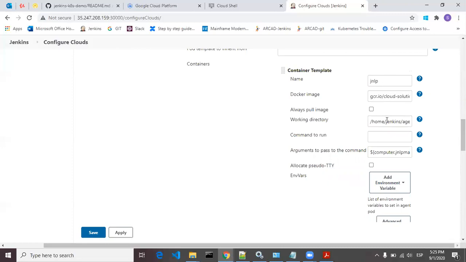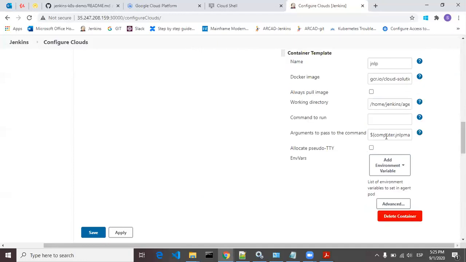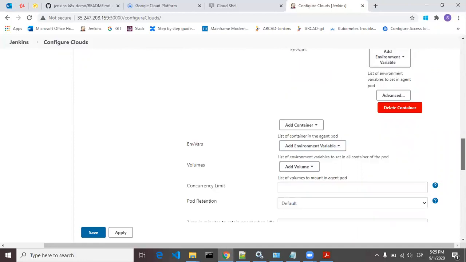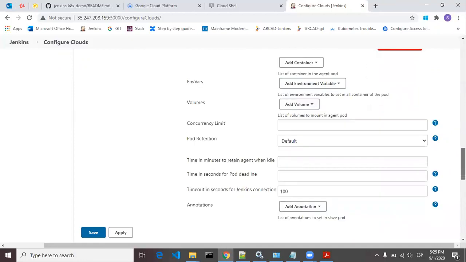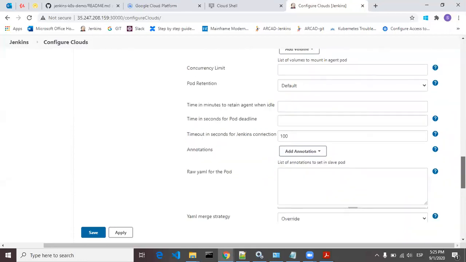The working directory is by default home Jenkins agent. Command to run, I put it blank, and the argument I pass is the computer secret, like $computer name JNLP Mac. That I will also put in the description box. If you keep it blank, that is also okay. It won't bother. Then all other things are default settings.